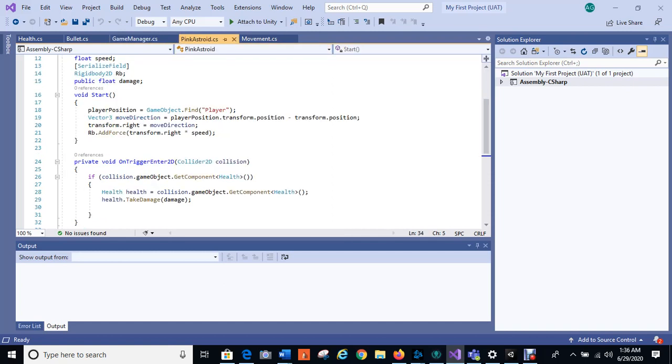Okay, so if we take a look at the pink asteroid, I have a serialized field again and a rigidbody. I have another, this time a Vector3, to find the player's position, because the pink asteroids are my pink alien spaceships. So they've got to find the player. Once they seek the player, then they can move toward the player, which is part of the directions,